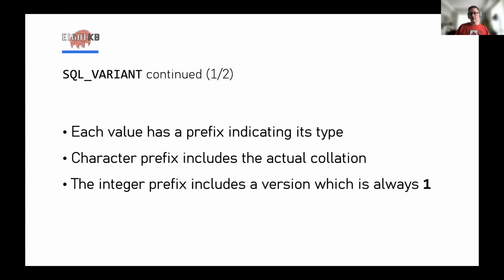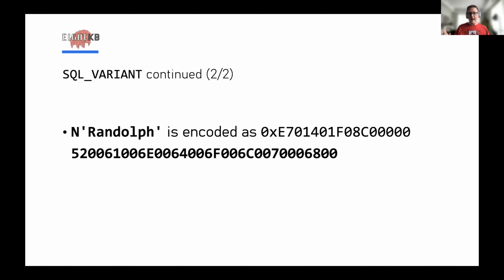The integer prefix, so not string, but integer, includes a version number, which has always been one since at least 2008. So my name with an N in front of it, because we're indicating that it's a Unicode value, is encoded as, if you were to do this in a normal binary conversion, whatever's in bold here. 52 is the capital R, and we've got the 0 in between each character because it's Unicode storing an ASCII value. So capital R is 52, and then lowercase a, n, d, o, l, p, h is 61, 6E, 64, 6F, and so on. So this part in the beginning here is the prefix,